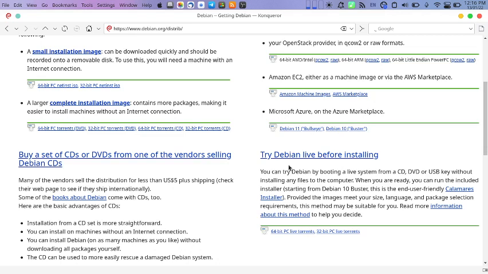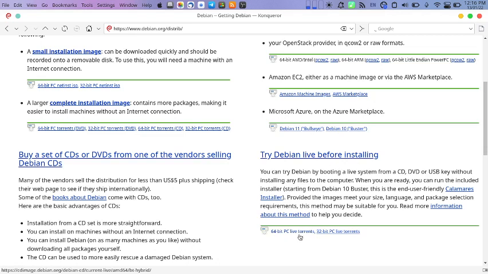Another benefit is, if the live boot installs properly on your laptop or PC, that means that the firmware is compatible with the hardware on your laptop or PC. So this is the third advantage of using the live bootable CD or DVD.